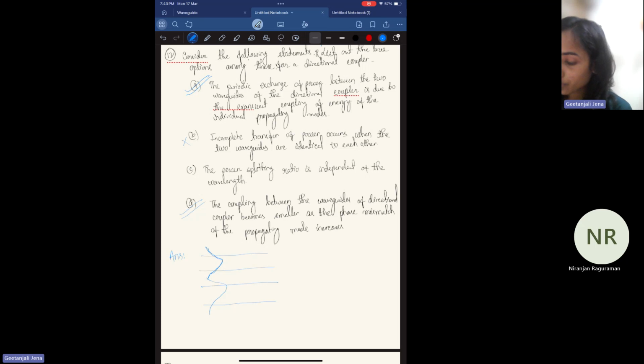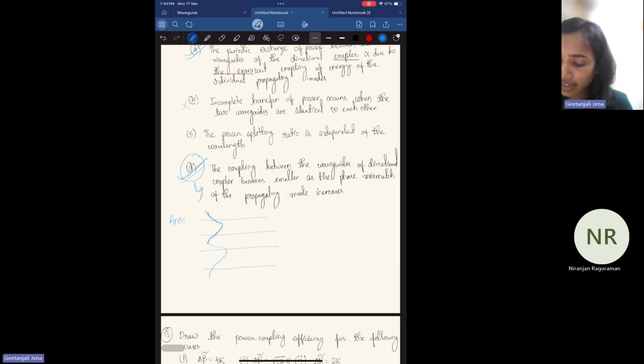D option says the coupling between the waveguides of the directional coupler becomes smaller as the phase mismatch of the propagating mode increases. So we'll see in detail in the next question how this option is true. To give a conceptual hint,